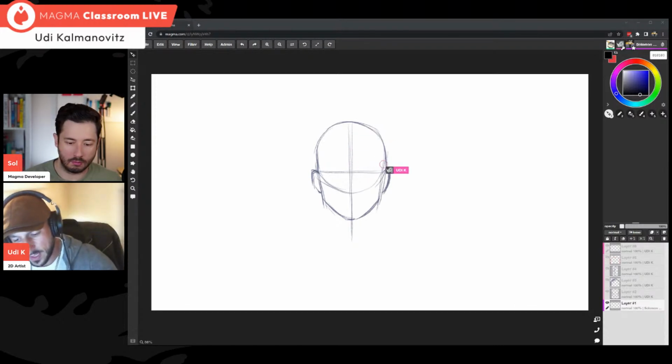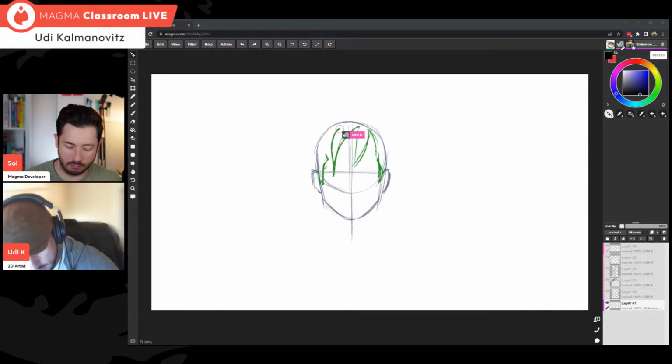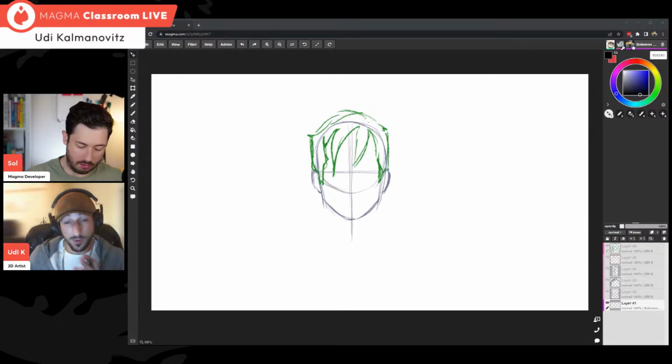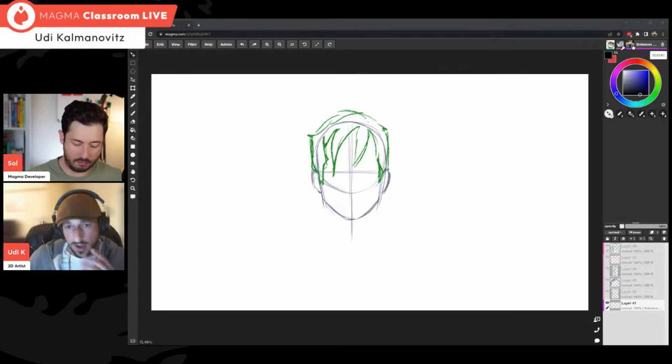So I'm doing something like this. I'm saying, oh, my character will have something like this and like this, and that will basically be my character's hair. Okay, so it's supposed to be, or maybe it looks fine, but basically I will start to think like